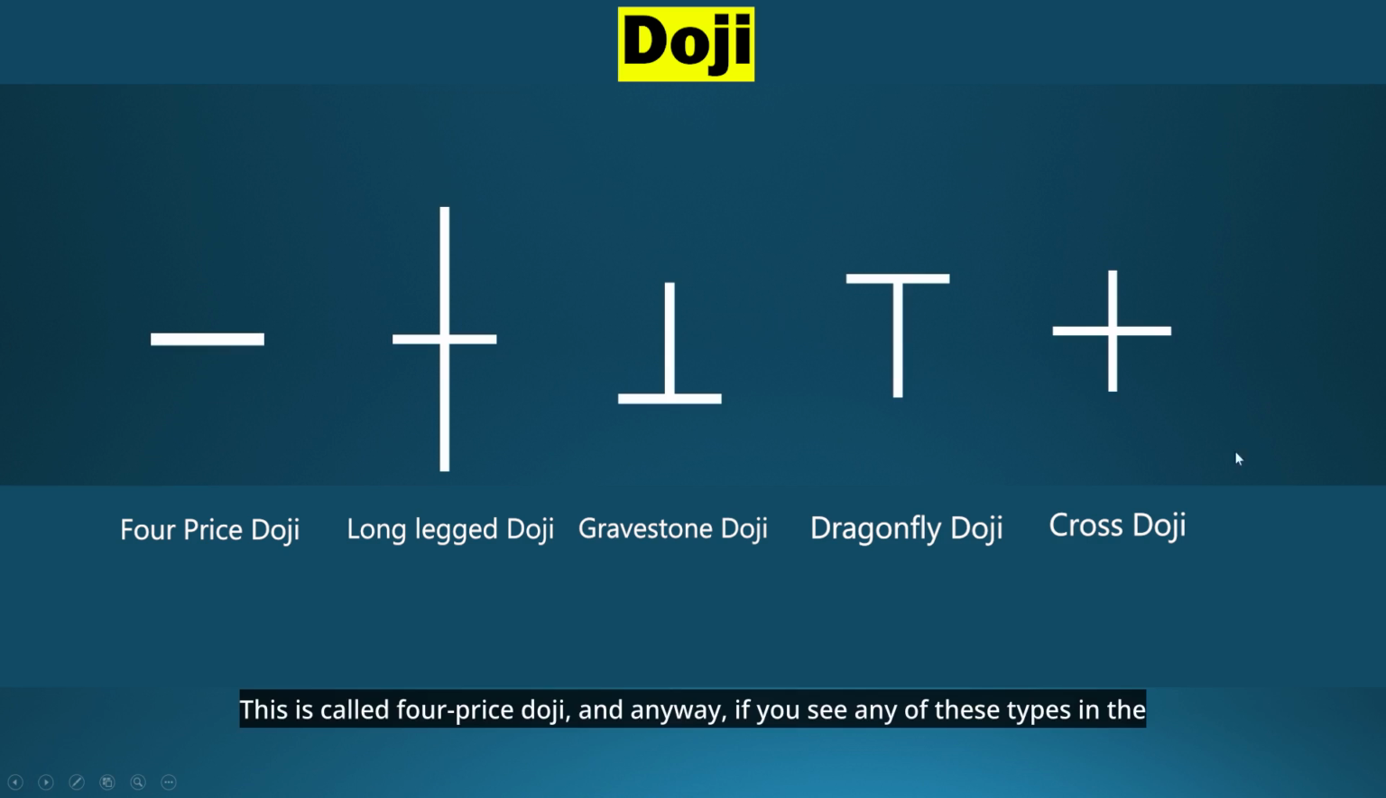And anyway, if you see any of these types in the chart, they are all signs of trend reversal. That is, if they are at the end of an upward or downward trend, they will change the trend. But if these dojis are in the middle of the trend, they are a sign of the continuation of the trend. So you should be very careful that if these dojis are placed in the middle of the trend, they will cause the trend to continue, and only if they are placed at the end of the trend, they will cause the